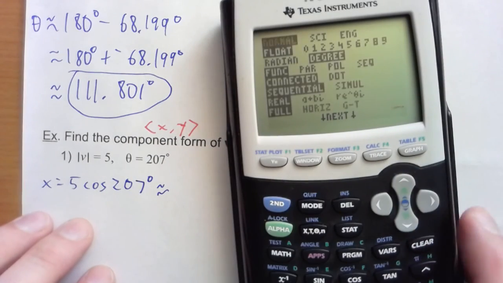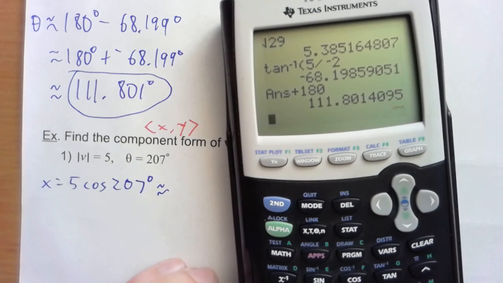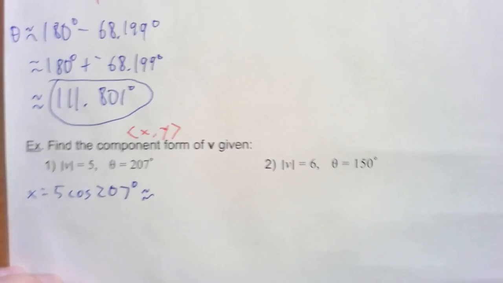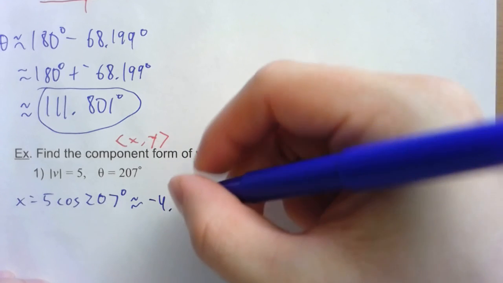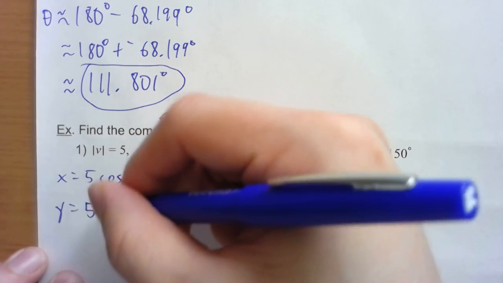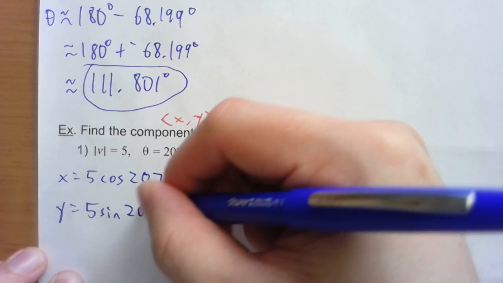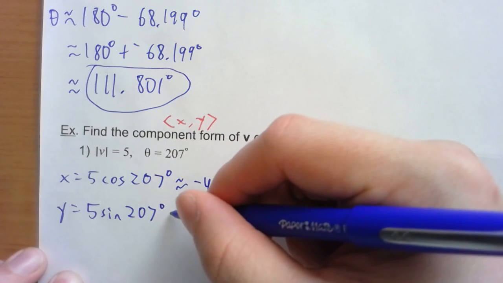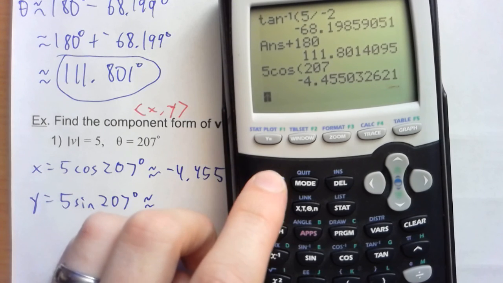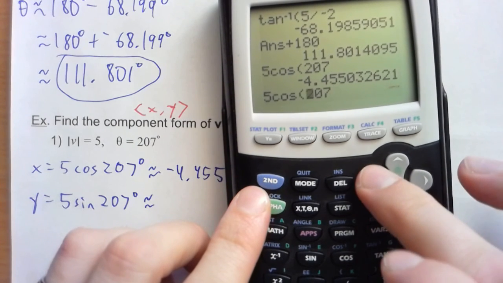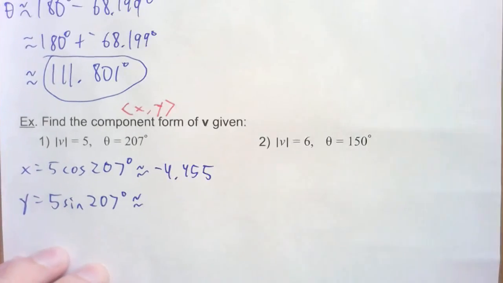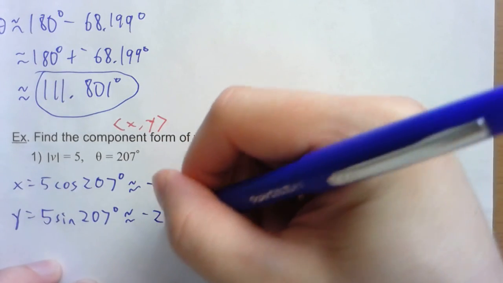And so just make sure you're still in degree mode. So we've got 5 cosine of 207. So negative 4.455. And then y will be the same thing, just sine instead of cosine. So I'll just use second enter. Second enter will bring back what I had before, and then just change the cosine to sine. There we go. Negative